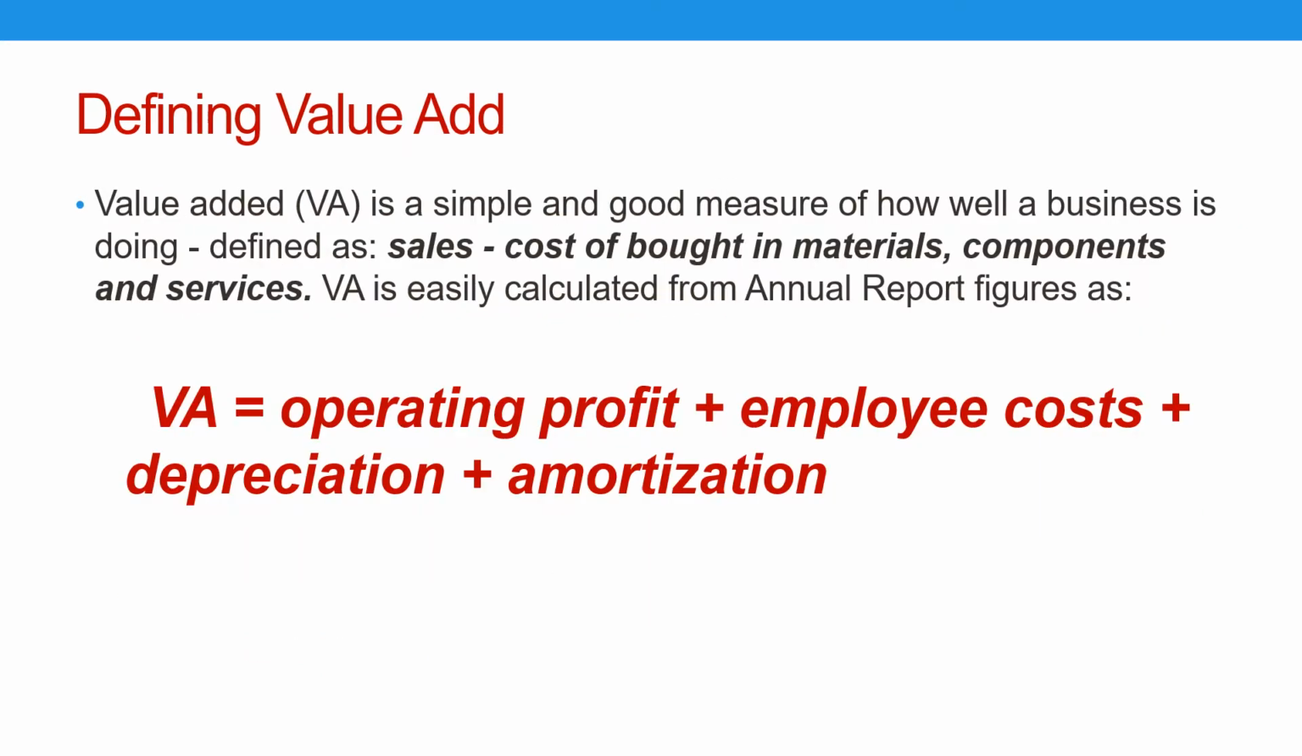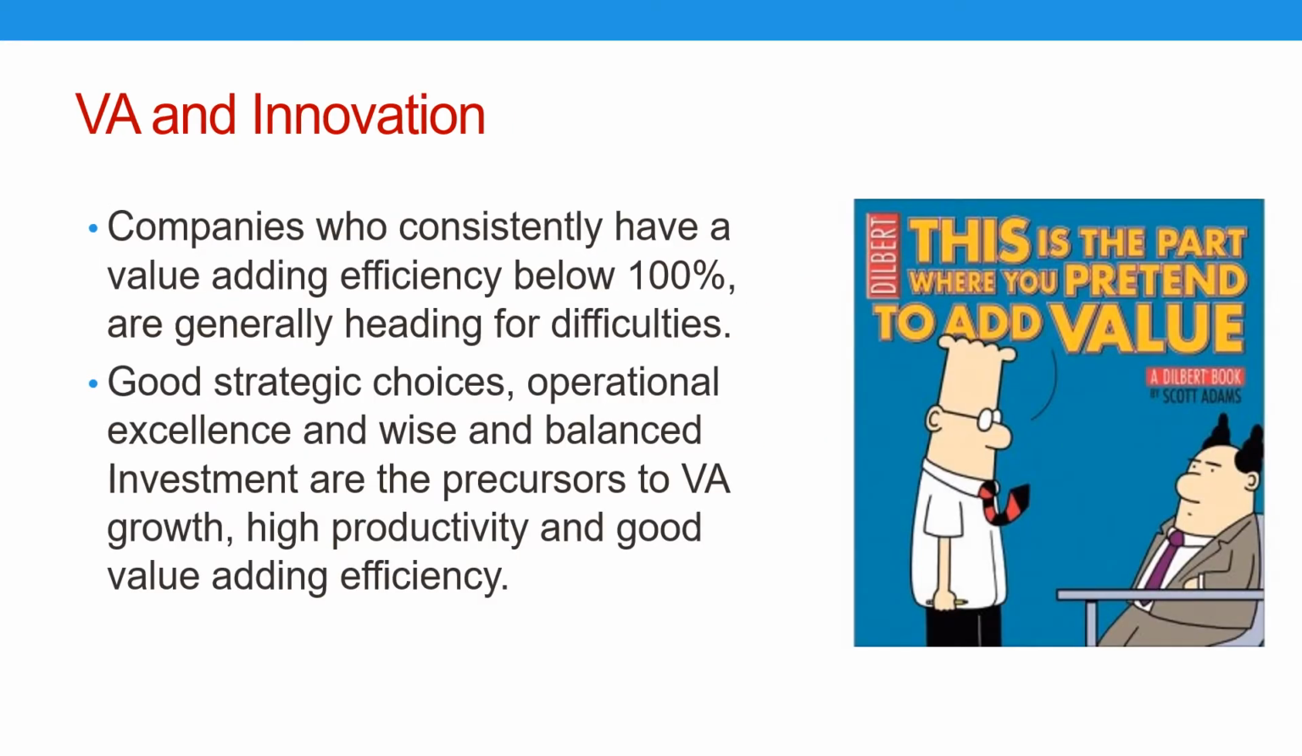Value added is a simple and good measure of how well a business is doing. It is defined as sales minus the cost of bought-in materials, components and services. VA is easily calculated from annual report figures as VA equals operating profit plus employee costs plus depreciation plus amortization. Companies who consistently have a value-adding efficiency below 100% are generally heading for difficulties. Good strategic choices, operational excellence and wise and balanced investment are the precursors to VA growth, high productivity and good